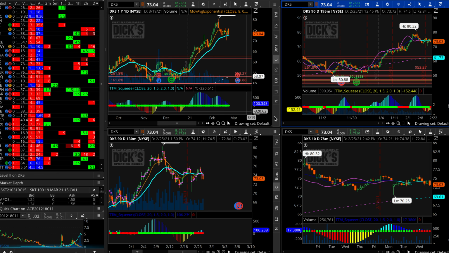You need this. And so what I'm looking for in these 4 time frames is to see if there's any squeezes, which is going to be indicated by these red dots down here at the bottom. Okay, so obviously we've got some squeezes going on in the 130. We've got some squeezes going on in the 78-minute. And it looks like we have a squeeze starting in the 195. We do not have anything